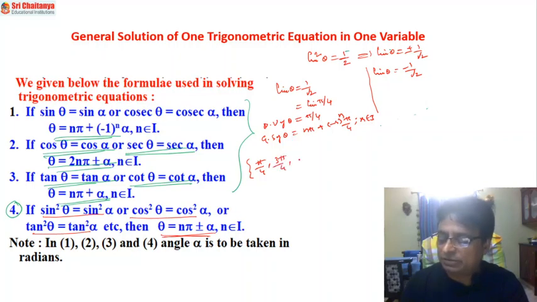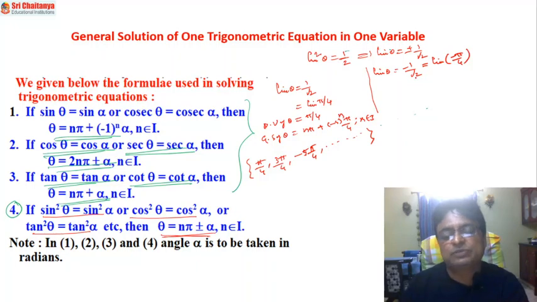And n is equal to minus 1, and so on. And how many solutions will exist? Infinitely many. Similarly here, this can be written as sin of minus pi by 4, because here my k is minus 1 by root 2, and k belongs to the closed interval minus 1 comma 1. That is very, very important.